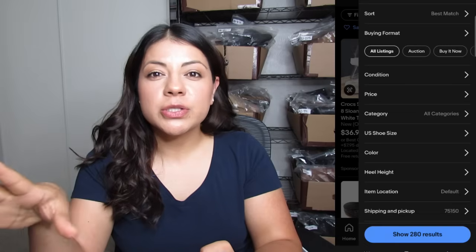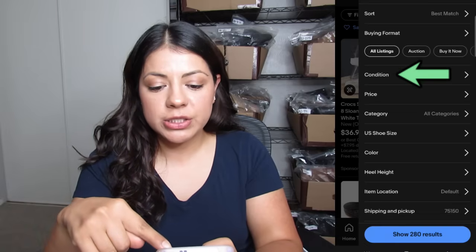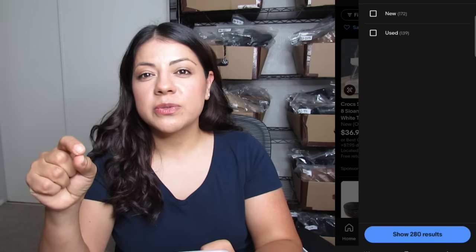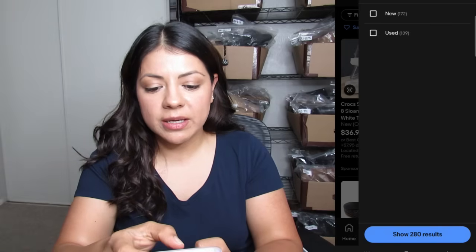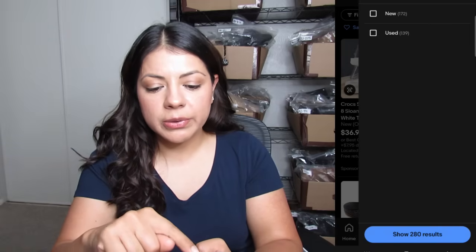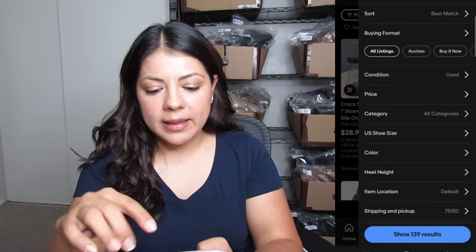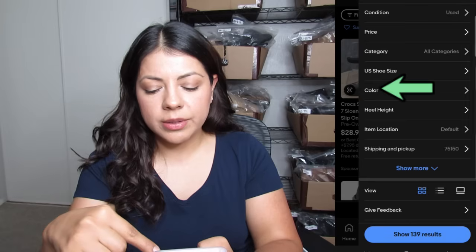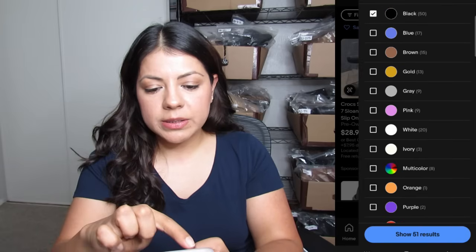One of the filters you always want to make sure that you check no matter what is your condition filter, because that is going to affect how much you can get for an item and even how fast it will sell for you too. So go ahead and check that. These here are used, so I'm going to go ahead and tap on that. Next, I'm going to go back and I'm going to scroll down to the color. I'm going to select the black color here. I'm going to go back,